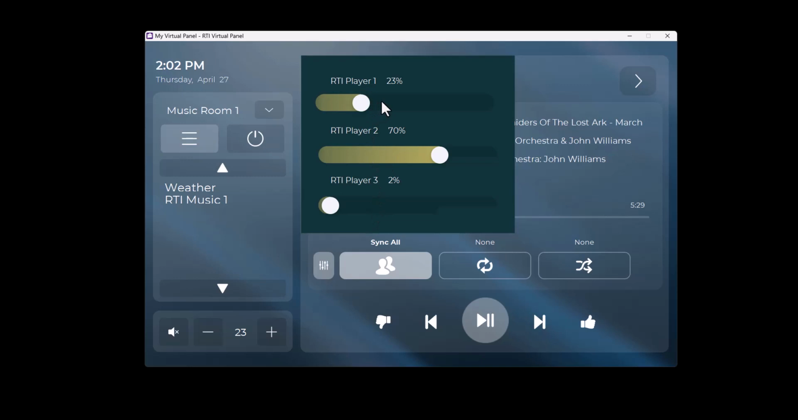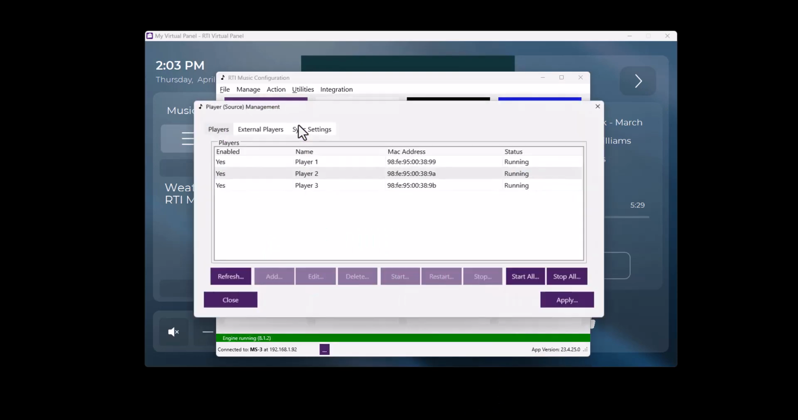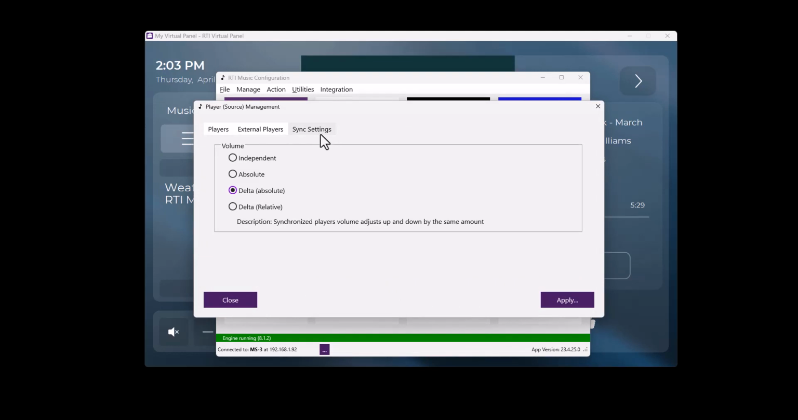Now, as you raise each player, the other players will move the same percentage as the other players. That way, you can raise the volume of the players the same value percentage, but they can all have independent volume control. Let's go back to our music configuration, select Players and Sync Settings, and look at the last setting